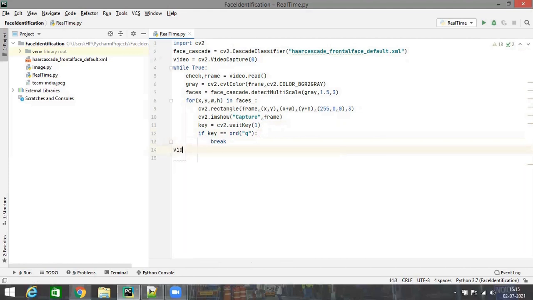After all this is done, we want to release the webcam. So we'll say release. Also, we want to destroy all windows so that all windows are automatically closed. So done. Let's try running this and find out whether this program is able to detect faces in the given video frame. And actually, in this case, the video frame is going to be the real-time input from our laptop webcam. So let's try executing this.